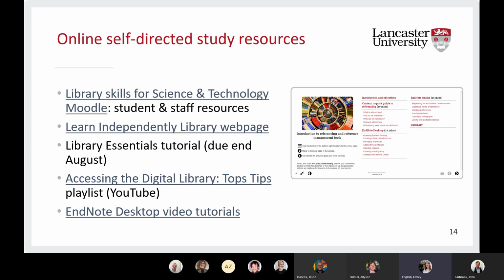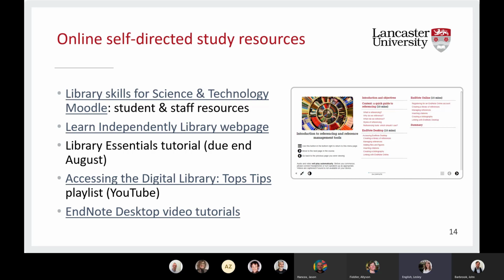On the library homepage there's a Learn Independently section, with learning development and faculty librarian resources: information literacy, academic writing, and maths and stats tutorials that students can work through in their own time. I'm also preparing a welcome to the library essentials tutorial, which will be ready by the end of the month.